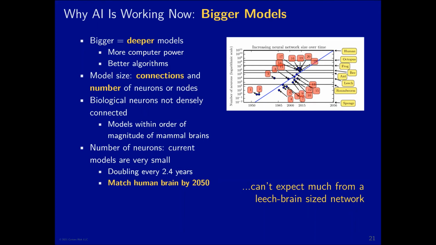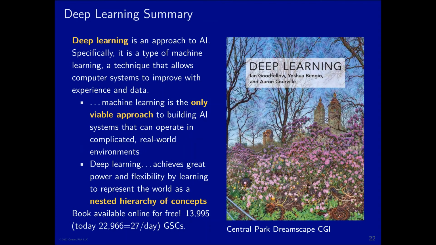I would recommend very highly, if you're interested in this area, a book called Deep Learning. You'll notice Bengio, one of the authors here. This is freely available online. If you look, you can get the PDF. And it's a fantastic introduction. The first chapter is written at a pretty high level, and then it gets more complex as you go along. I noticed in the year since I wrote this deck, it almost doubled its number of citations. It's picking up about 27 citations a day. So this is very much the go-to reference.